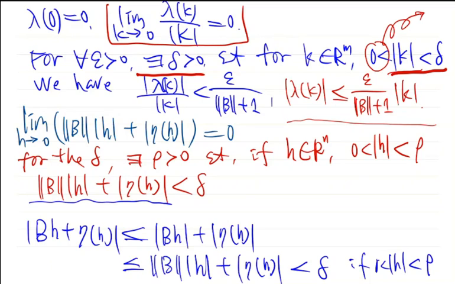Okay, of course this is also true when h is 0. Therefore we don't need to require the norm of h to be positive. This is true whenever the norm of h is less than